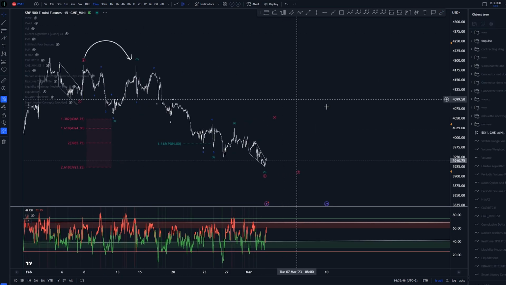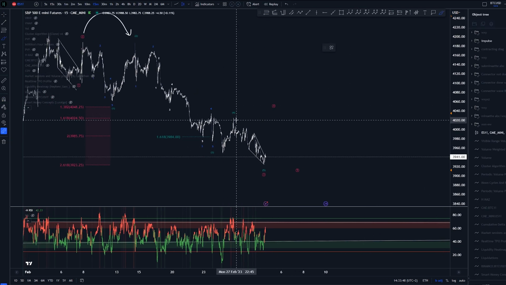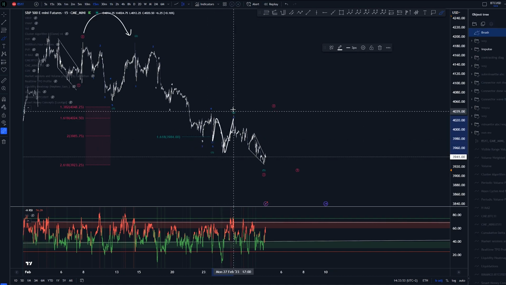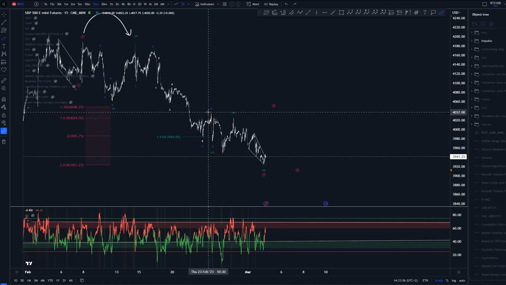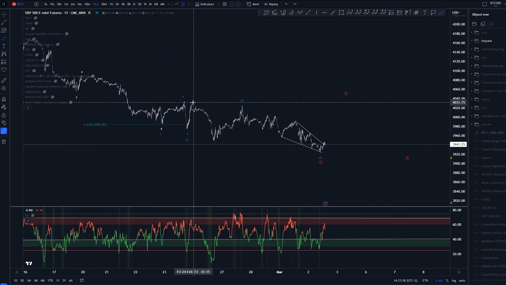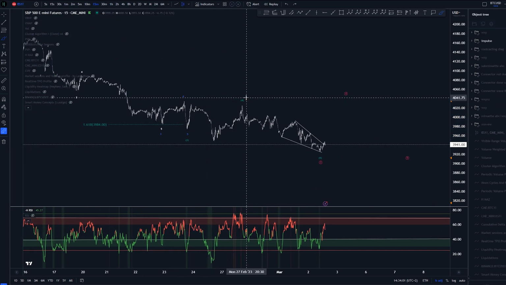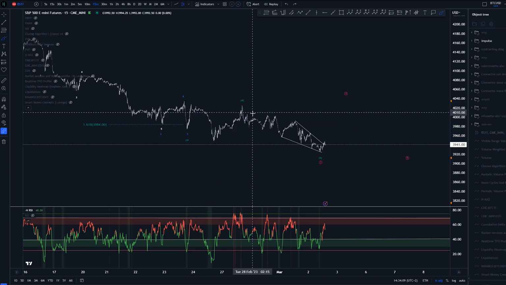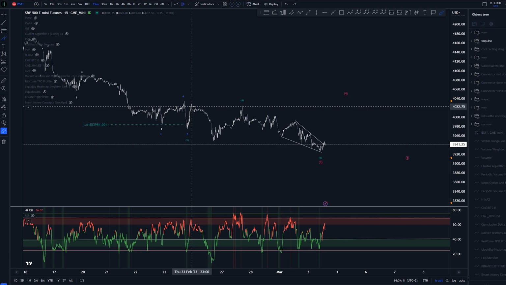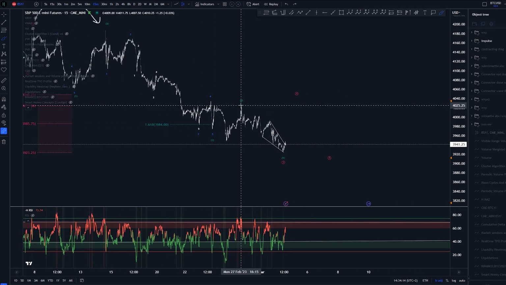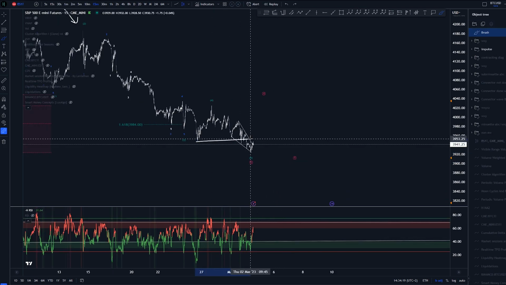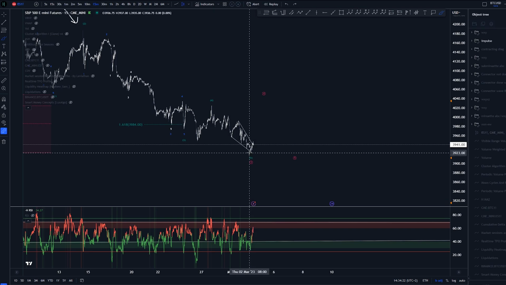Now, smaller time frames, we were talking about this before as well, where this was an expanded structure that we were talking about here, where I was saying that, okay, this structure here does not really seem large enough for this sub-micro degree of a structure, so most likely we would be looking to create an expanded structure, and we did do that. We did not take out this high, so it would become a running flat instead, and then we'd be looking for downwards again, at least one more low, which again we did get. We did take out these lows,